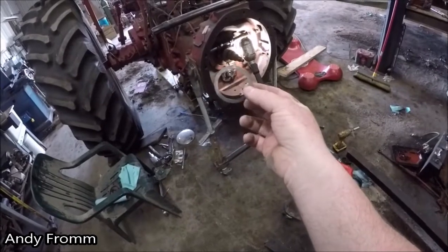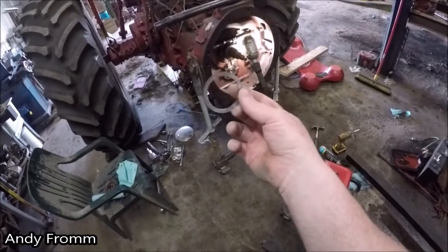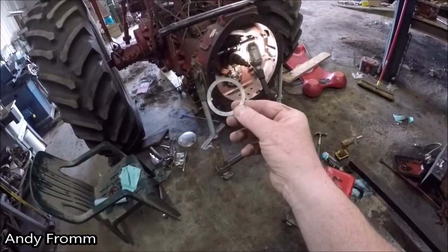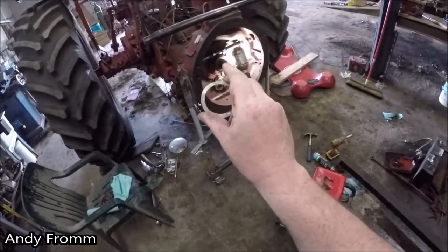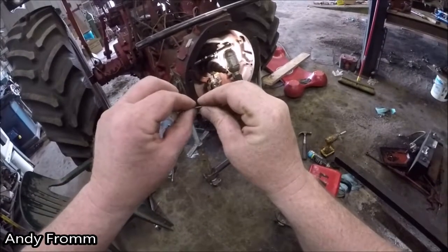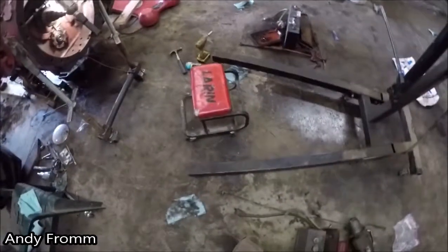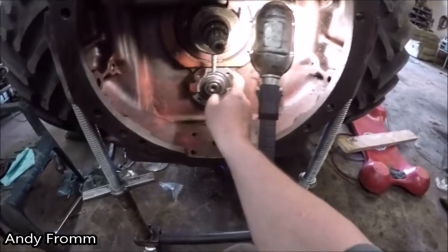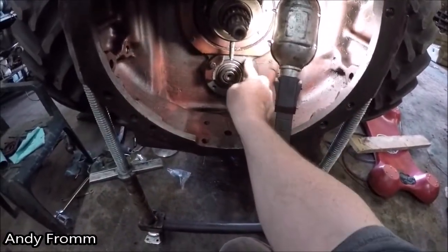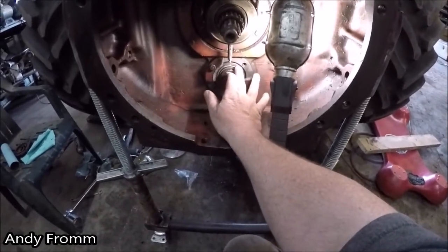So I ended up getting a shim kit for a 4 to 8.8 inch rear end, which the bearing itself they claim to use in that rear end. I had to bore the inside just a little bit. It wouldn't go over the shaft for some reason. But I put one of these shims in, and then I pressed the bearing on, and between the new bearing and that shim, how it sat on there, is actually a little bit thicker than what